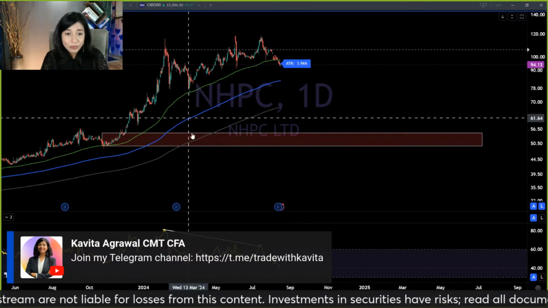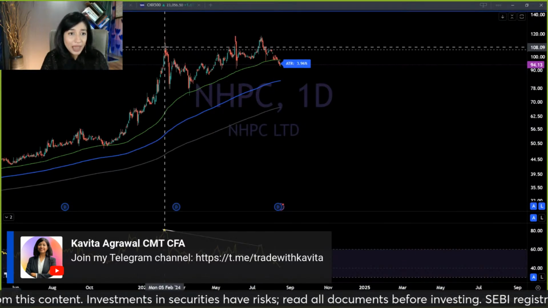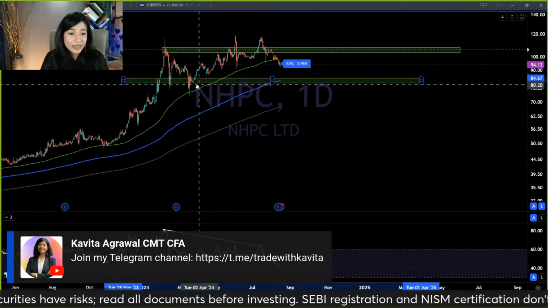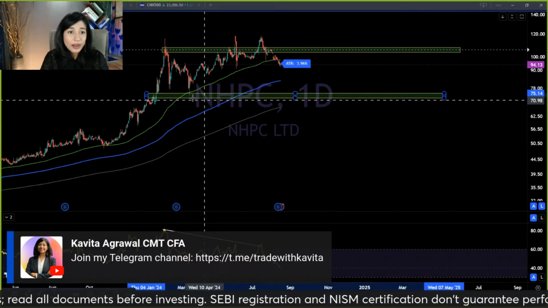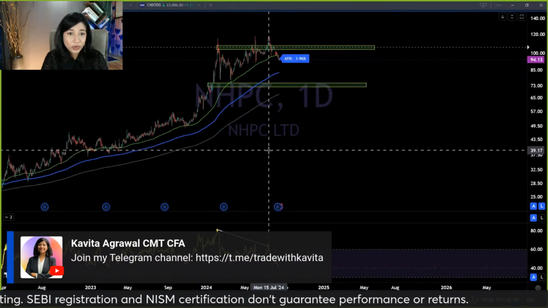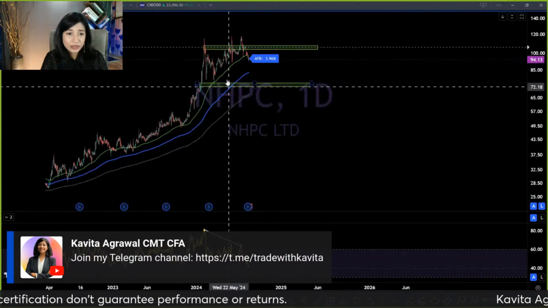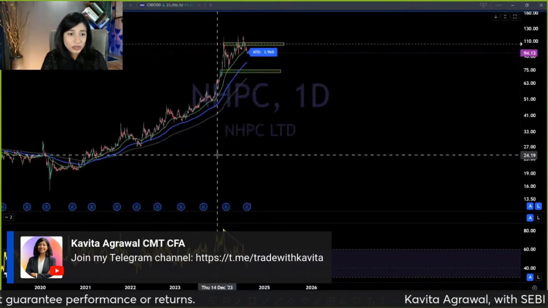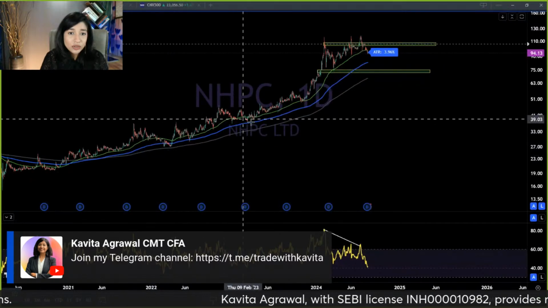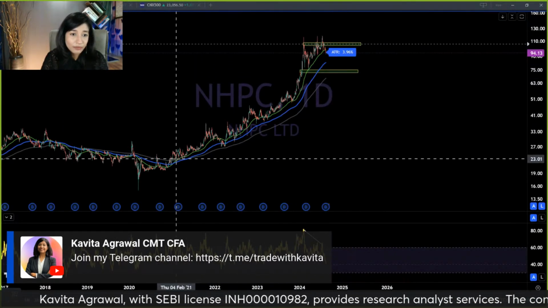The reason is very simple. The momentum as per the daily time frame has already ended here, and I can see the stock is in correction. I would expect it to retest the level of around 75 rupees in the next month or so because of the clear-cut momentum exhaustion and some inertia playing out here. If we draw a trend line, this has been an accelerated rally which seems to have topped out.